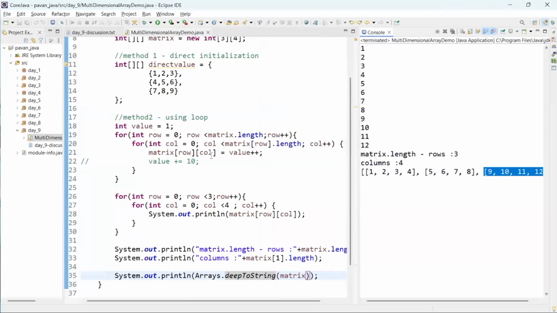So how will this come in the common matrix? It is showing the rows separately, right? Now if you want it printed in the form of 1 2 3 4, next line 5 6 7 8, next line 9 10 11 12, like that, if you want it,